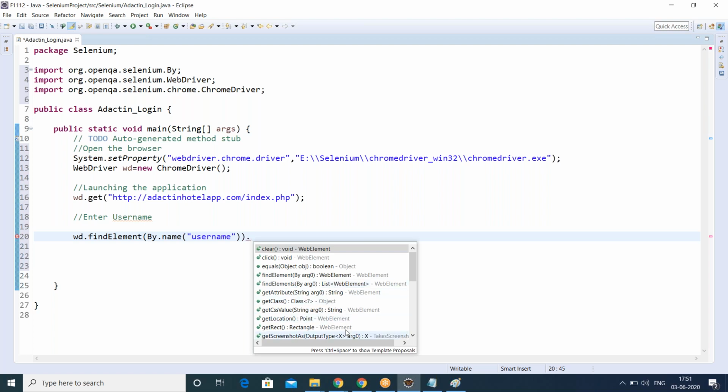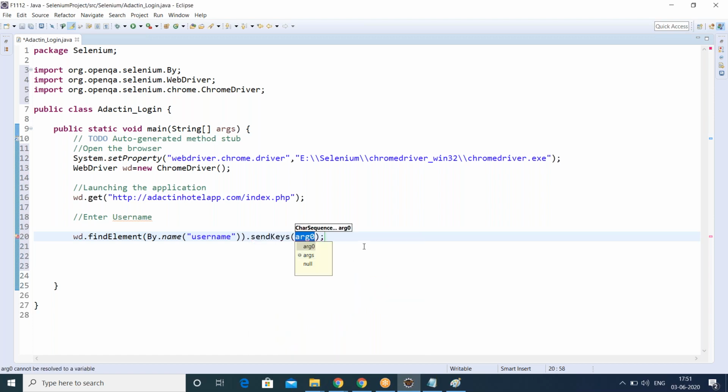If you want to give any input value to a text box, we are using the sendKeys method. This is fixed. This is defined by Selenium only. World 2020 is my username.